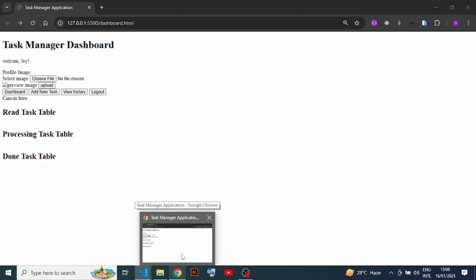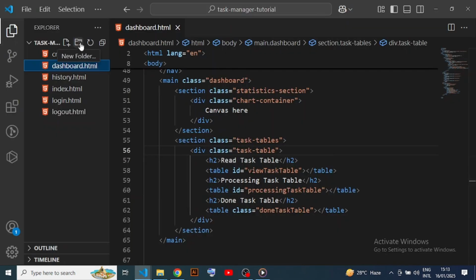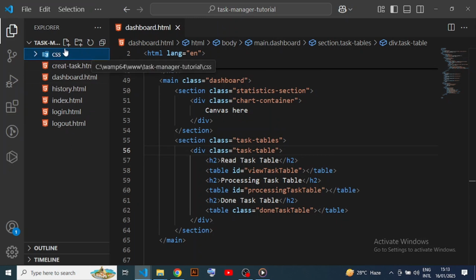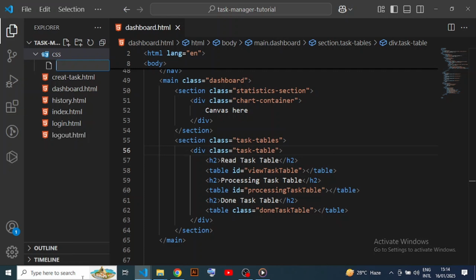So this is what our dashboard is looking like now without CSS. So the next thing we're going to do now is to create a file for our CSS. So we're going to create a CSS folder. Click on new folder, then CSS as a name. Then inside the folder, just click on file, make sure the CSS folder is highlighted. So click on new file and then give it